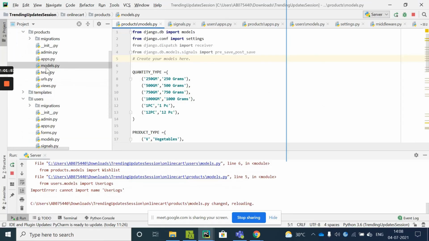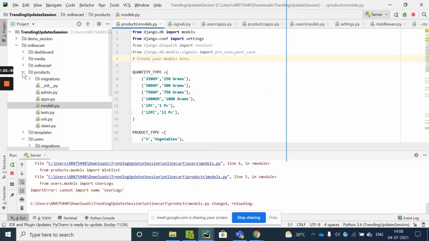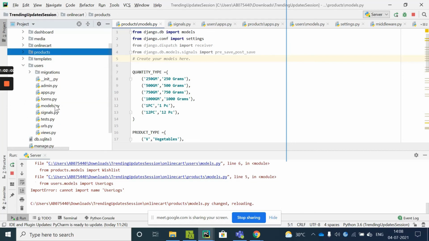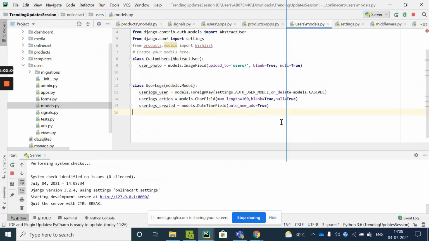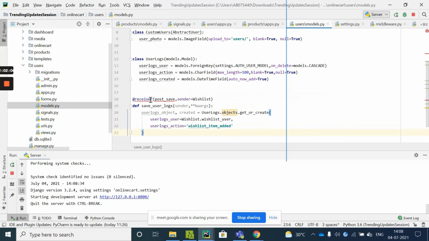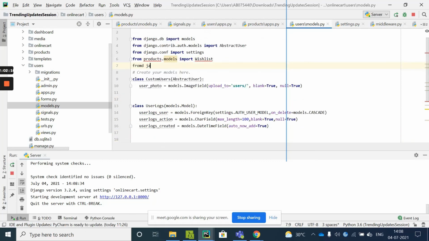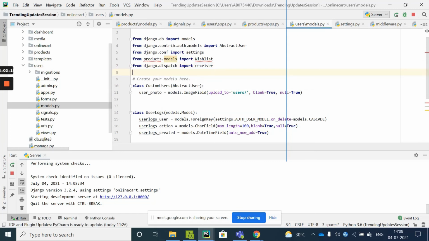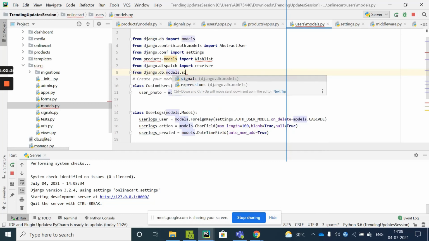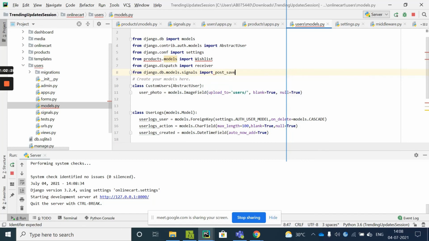To users table inside the models, I'll paste in this code. Okay, and then say receiver Django, from Django dot dispatcher import receiver. Okay, from Django dot db dot models dot signals import post save.